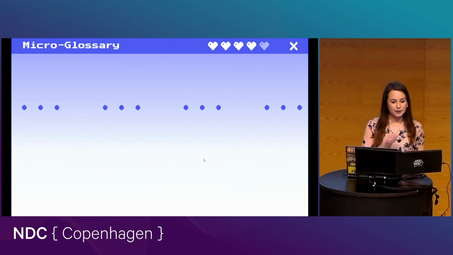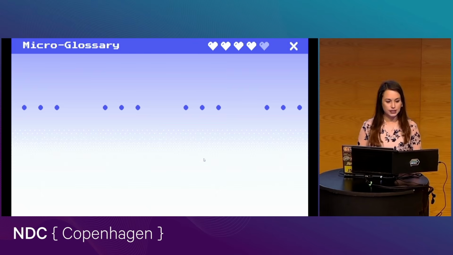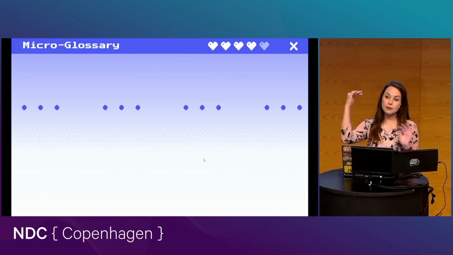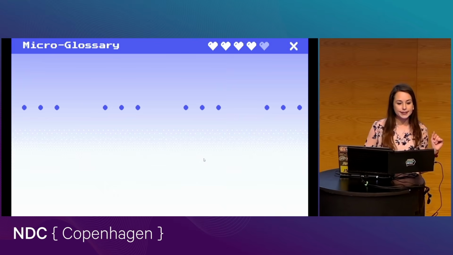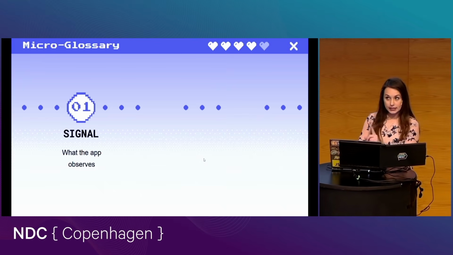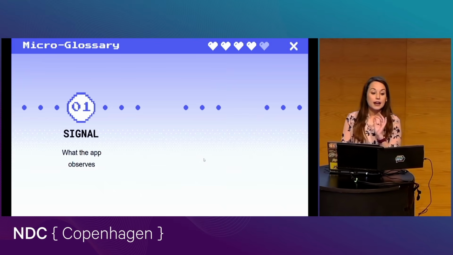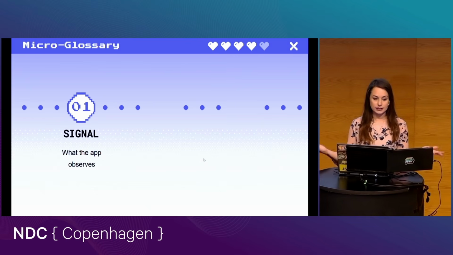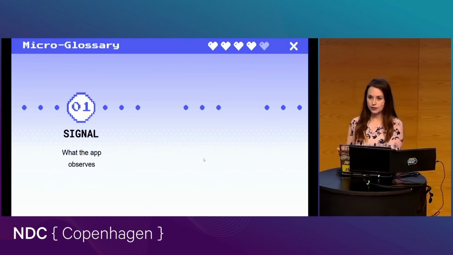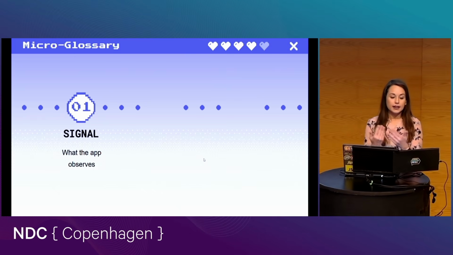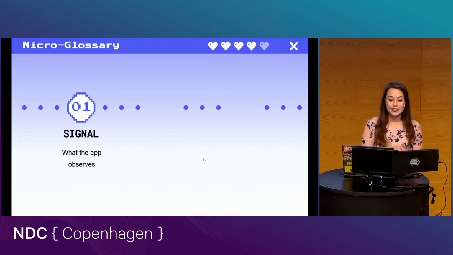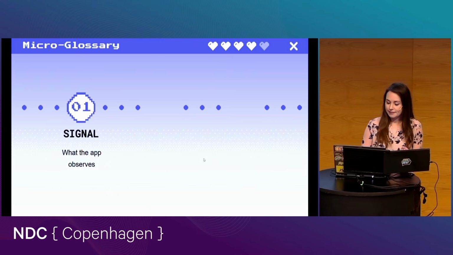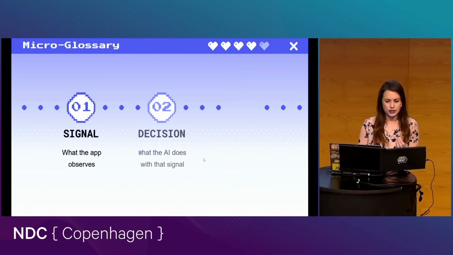All right, we're getting close to the first demo, but there are a few pieces of vocabulary I want to point out as well that I will be referring to through each one of these micro demos, or mini demos. So the first thing is a signal. A signal is just something that the app notices. This could be something like the tone of the user, the timing of which they're interacting, correctness of a question, or maybe even a streak. It's really any kind of behavior.